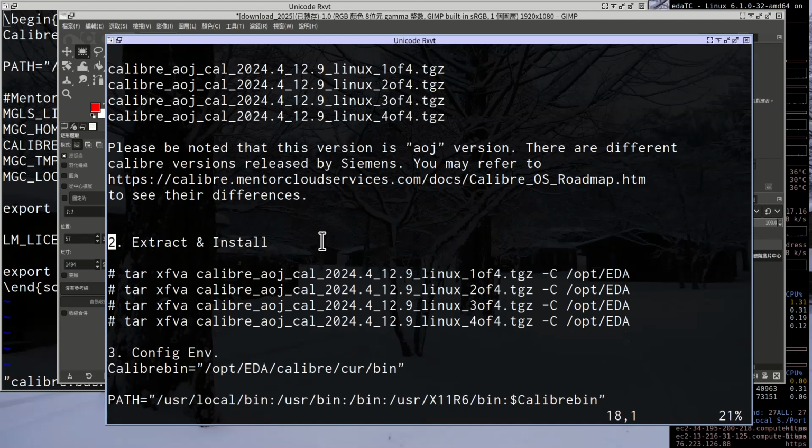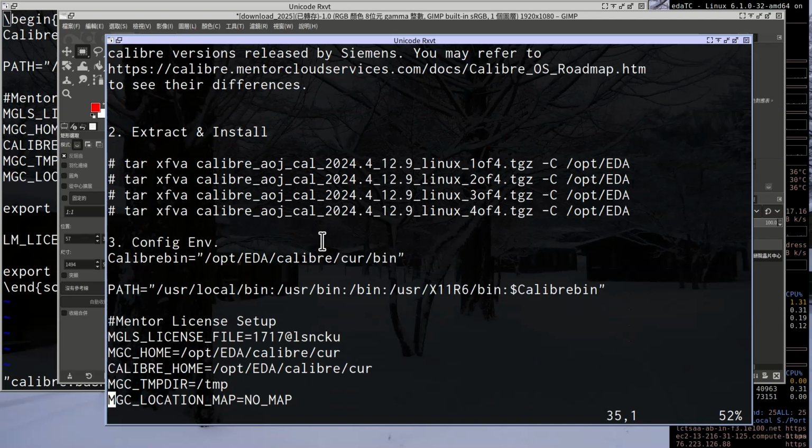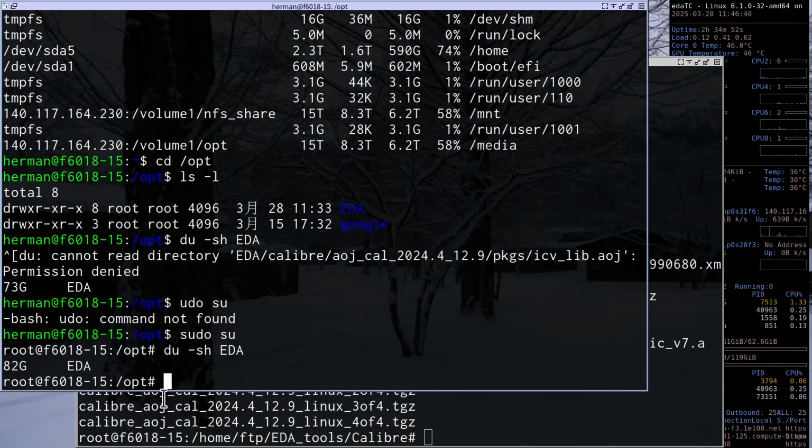So I already finished the extract and the install procedure, and I needed to tell you one thing. If you go to the OPT directory and you type du -sh EDA, you can see we already use 82 GB of hard disk space. In the beginning, I told you to install your system and keep this as big as possible, right? 700 GB.